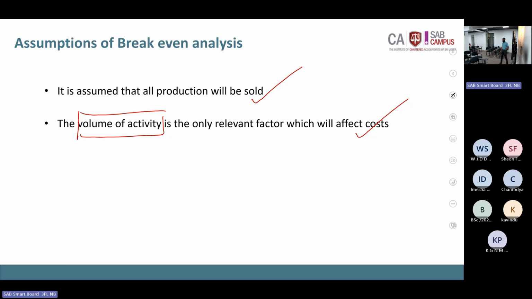So, but if we are going to accommodate all those things into our calculations, we won't be able to do this properly. So therefore, we put an assumption saying that the volume of activity is the only relevant factor which